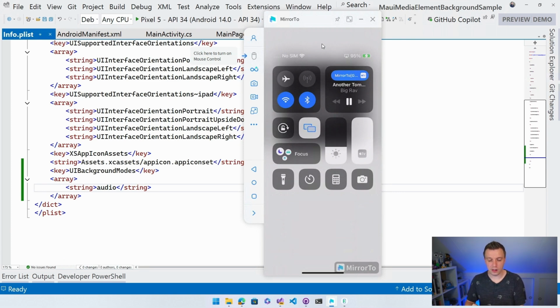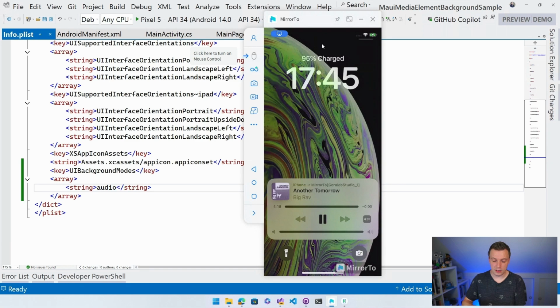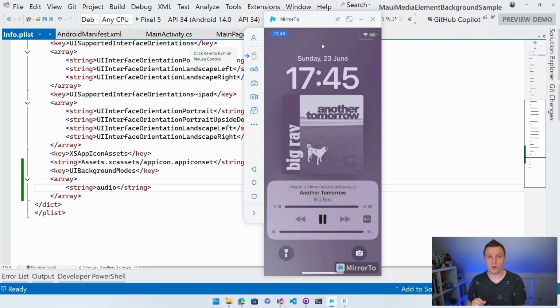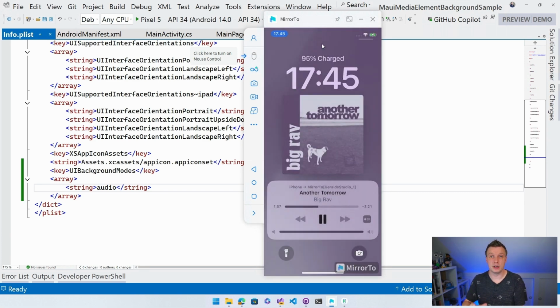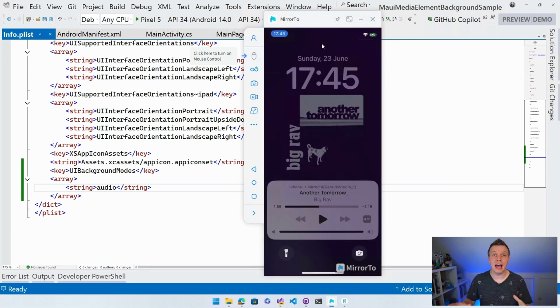And if I lock the device, I'm not sure if this is going to work actually. Yeah, there it is. So you can see the artist, you can see the title, and you can see the artwork, right? So that is all specified from our metadata. Now playing in the background, I can pause it, I can play it again, and then if I go back into the app, you can see that this does it. And if I update the position right here and go back here, you can see that the position is updated too.